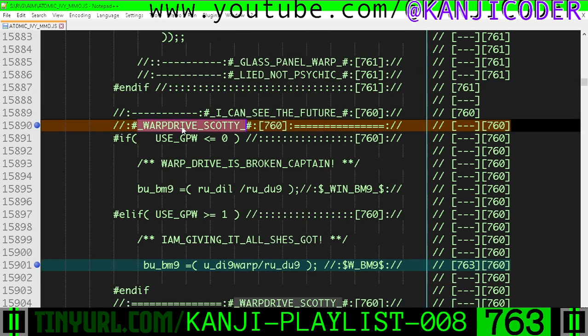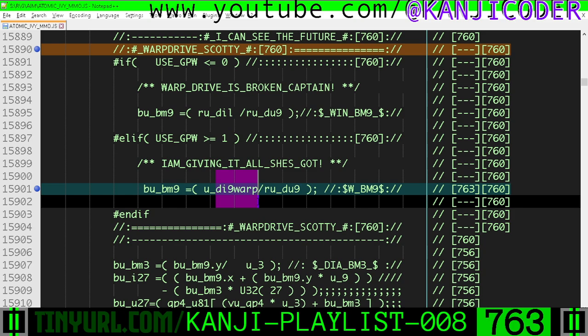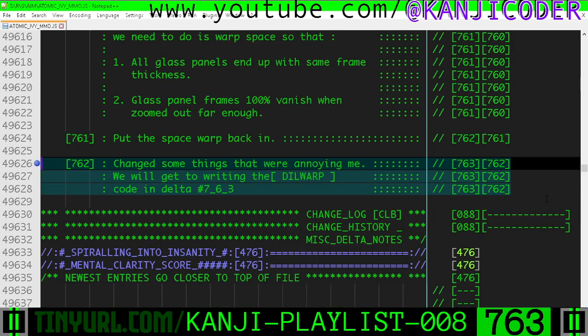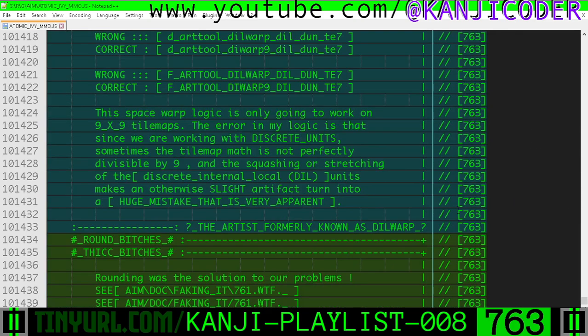Okay, and then in the warp drive Scotty section, same thing, right? DI9 warp rather than Dil Warp. That's all we're doing. Okay, so here's what we did previously, and then we got footnotes and stuff, and like